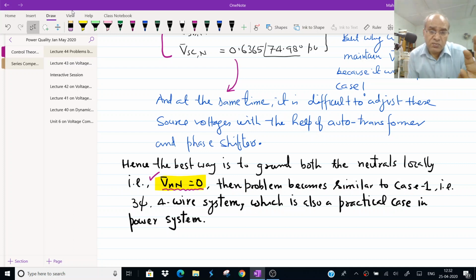This problem which I have discussed now is slightly different from what is given in the textbook of the NPTEL book. So you can overrule the attached soft copy of this unit. There are some errors. You have to go through these notes rather than the book notes. And the problems in the back of this chapter also should be solved like this only. Okay. So with this I will stop.